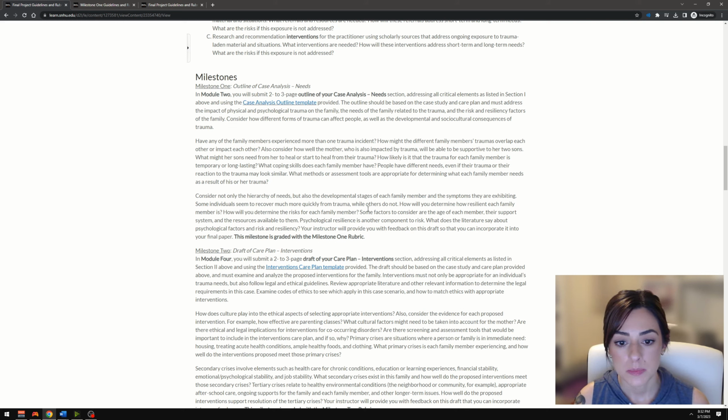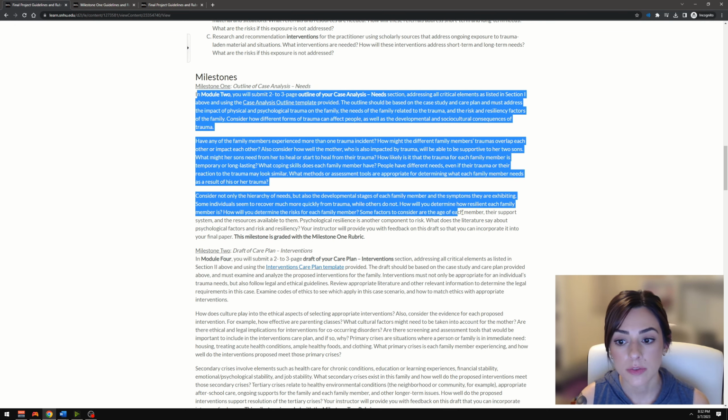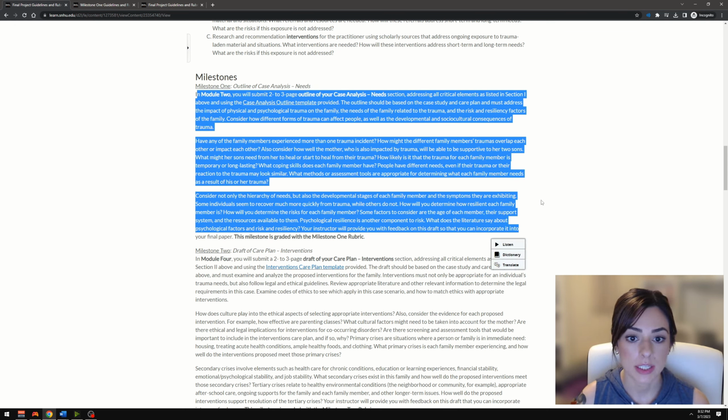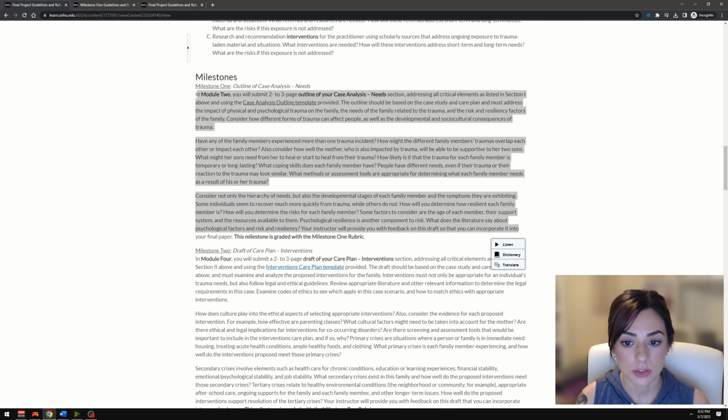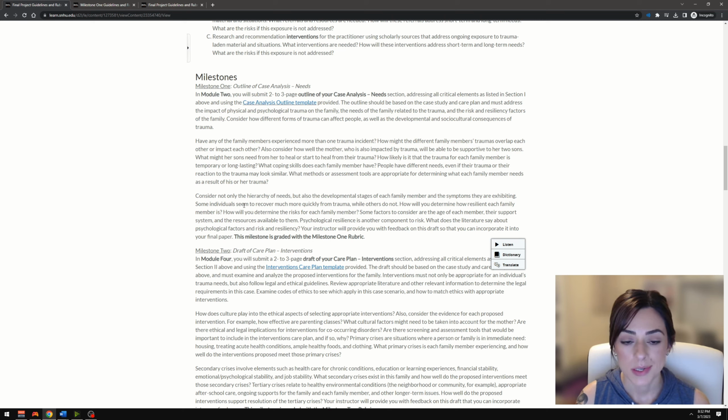Let's see. If you look here, there is additional information that you need to review that will help you with Milestone 1. It gives you some prompting questions, some considerations, things to help get your mind thinking about how to answer those questions that are outlined in the template. This milestone is going to be graded with the Milestone 1 rubric. So what we're going to do now